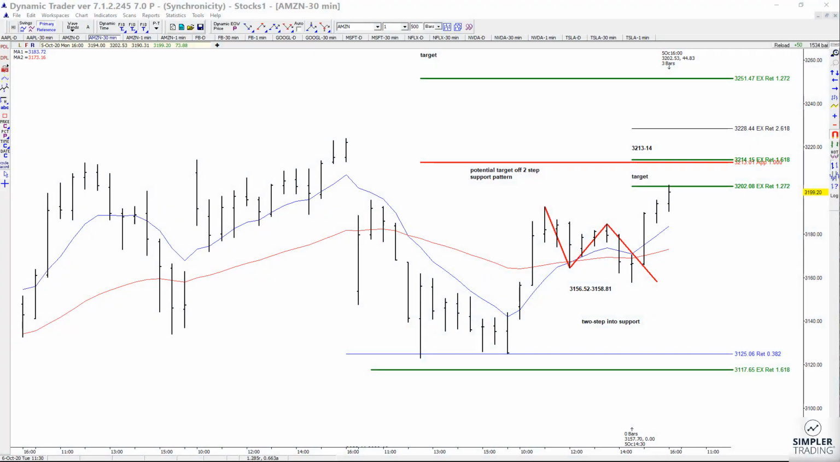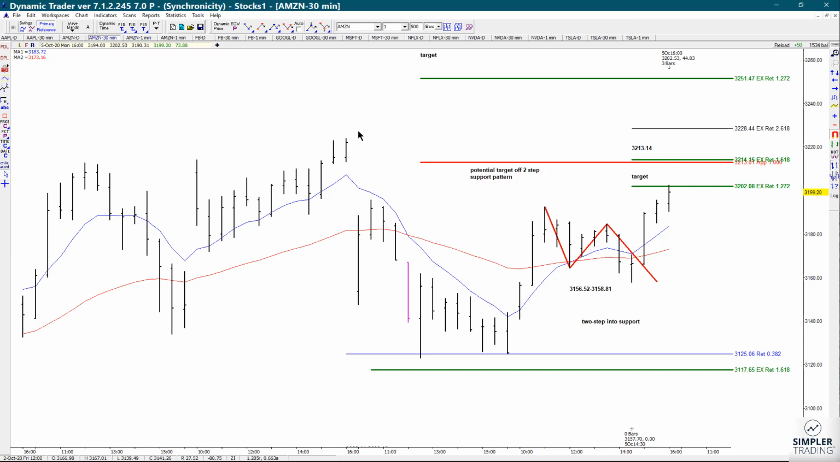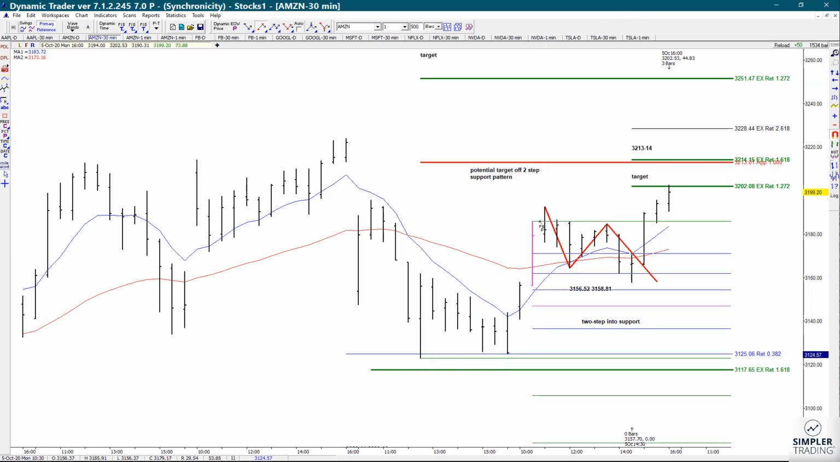Okay, in today's video, I'm going to recalculate one of the setups that we had today in Amazon on the 30-minute chart, and it was actually a nice little two-step pattern, but I want to show you how I come up with the levels. So first, I'm going to start by running the retracement of the prior low to high